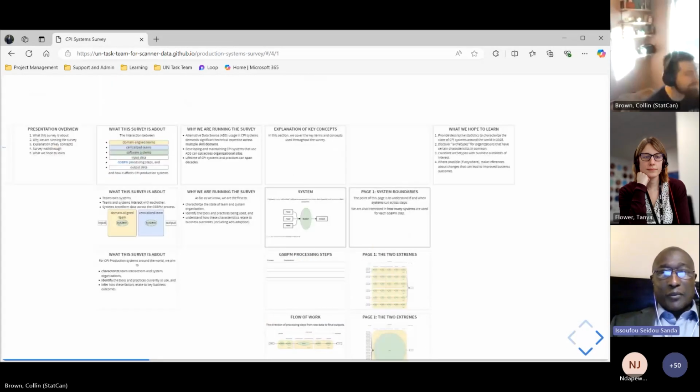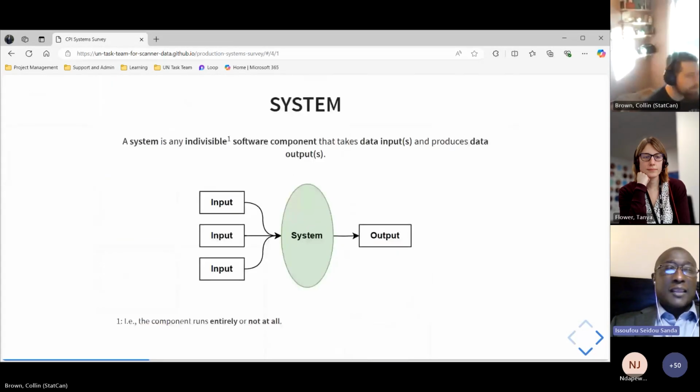So I'm wondering if this questionnaire you have already piloted it. Did you make some kind of pilot test with some organization, including in Africa, to see how people understand it and what would be the quality of what you are receiving as answer? Or it's now that you are trying to test it for the first time?